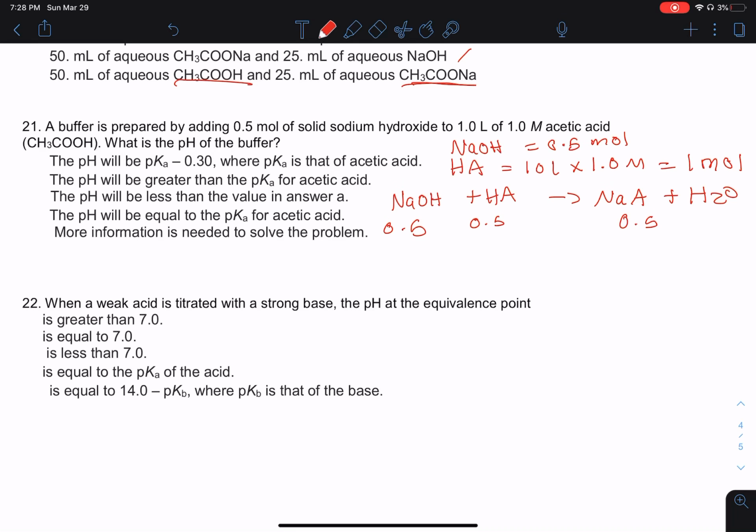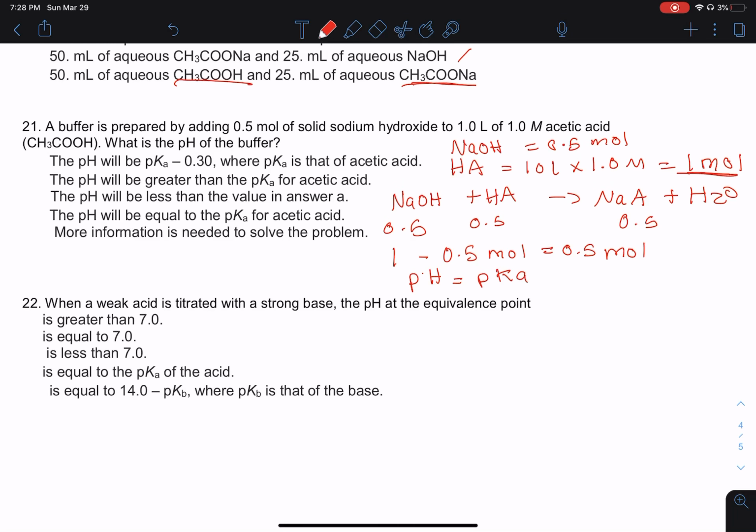So the number of moles of HA left, or the acetic acid, would be 1 minus 0.5 moles. So that's what we figured out right here. And that would give us 0.5 moles of acetic acid. So the pH from the Henderson-Hasselbalch equation would be